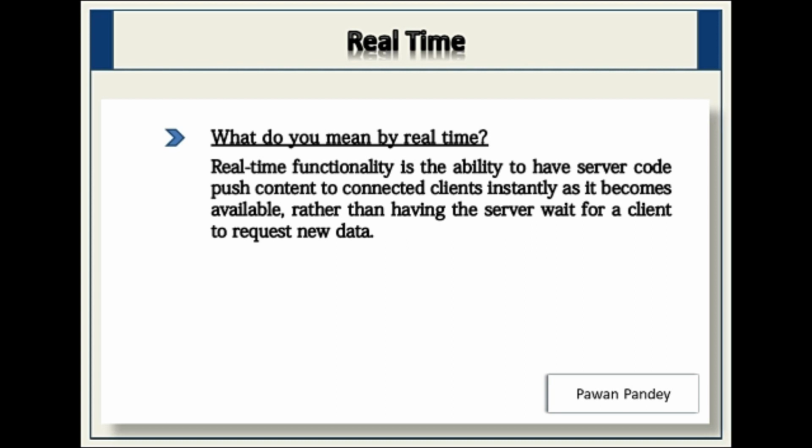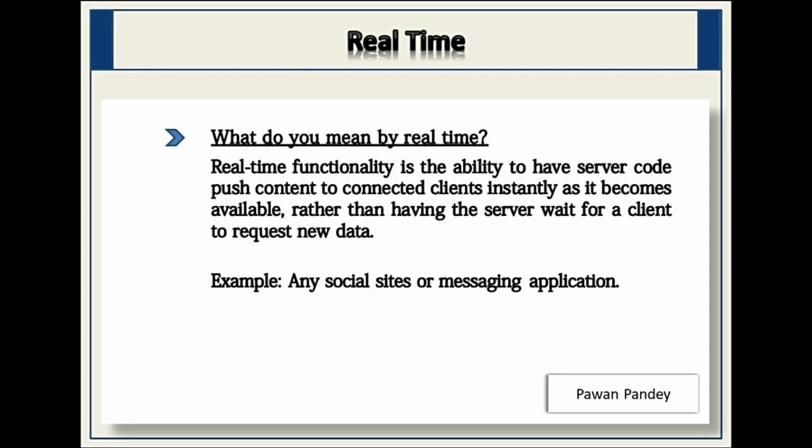each user needs to refresh the page again and again, meaning sending a new HTTP request for getting updated information, because none of the users know when other users will update information on the server. So refreshing the page again and again is a kind of headache for users. So the user wants the page to be updated with new information immediately as it's available on the server, without sending any new HTTP request. For example, any social sites or messaging applications where we get notified from the server